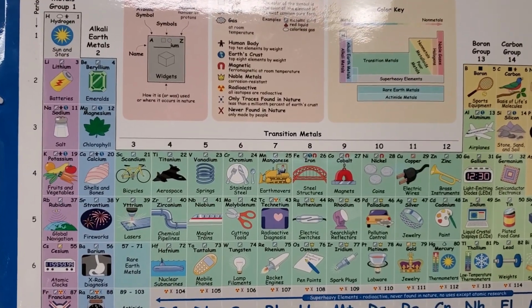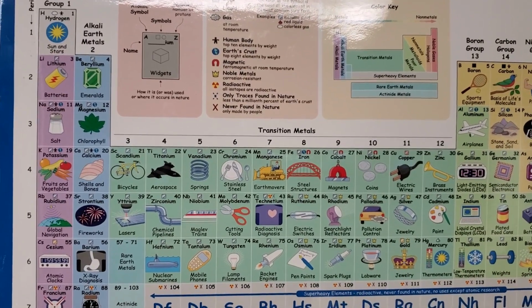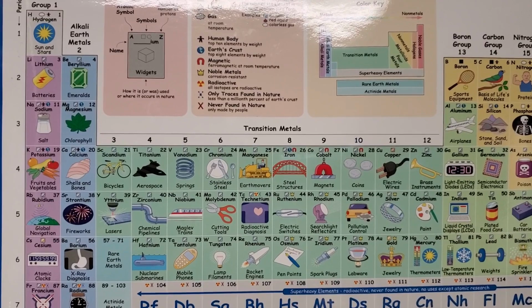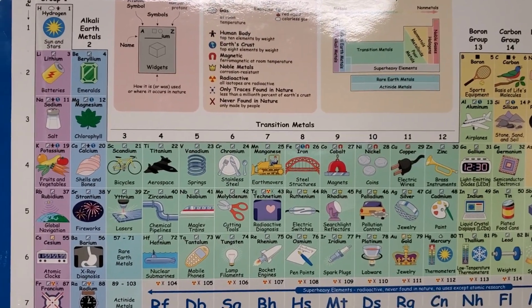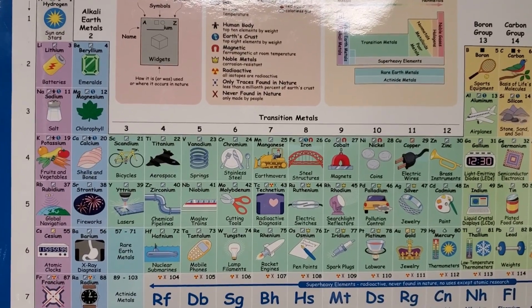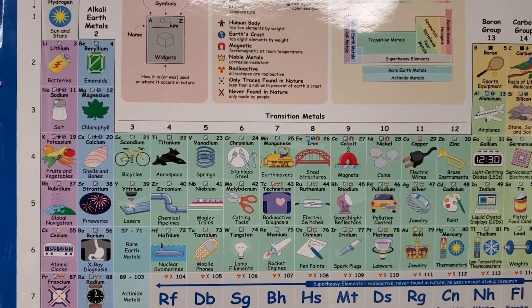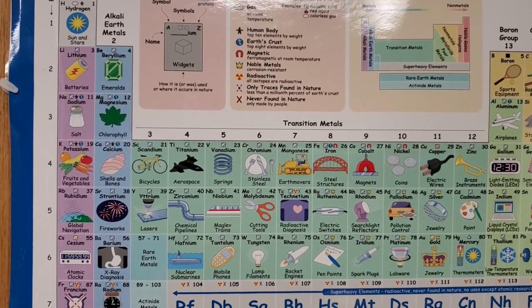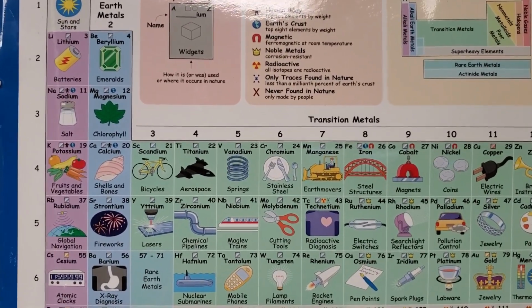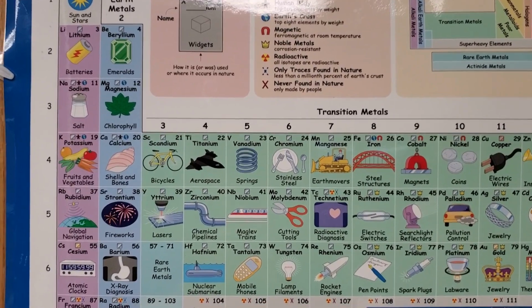This is the periodic table that we have hanging in class, and you're not able to be here to see it, but what I really like about this is it shows all the different uses. So even for things that we've never heard of before, it tells us where they're used. So we have hydrogen burning in the sun and the stars. We have our lithium batteries. We know sodium for salt. Potassium in our